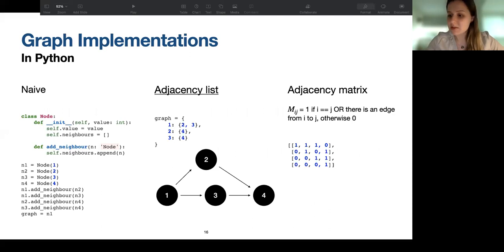Right, so now I just want to chat a bit about graph implementations. And first, let's just look at the left, where we have this little class for representing a node in the graph. And you might notice that it's very, very similar to the class which we use to represent the tree node,